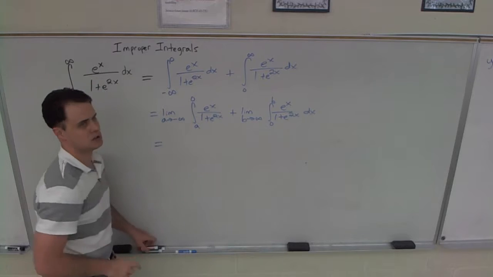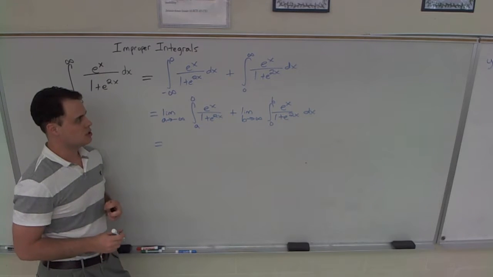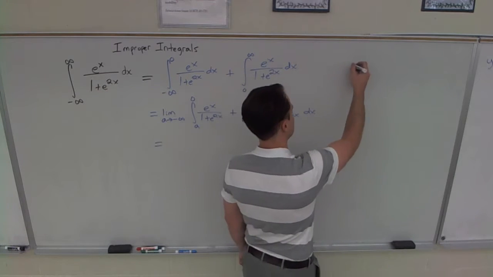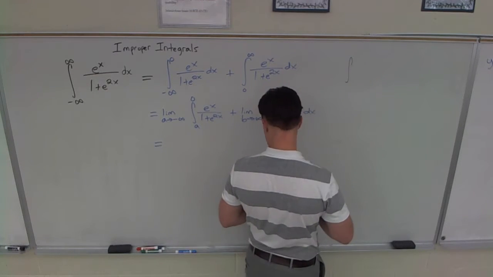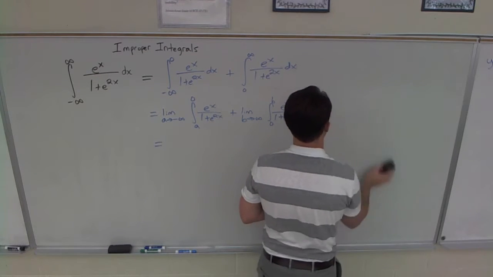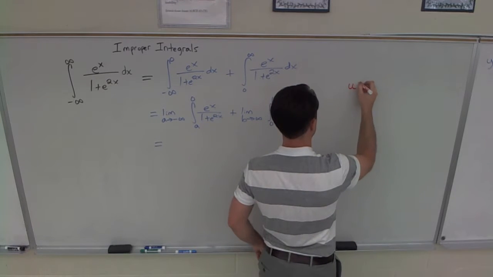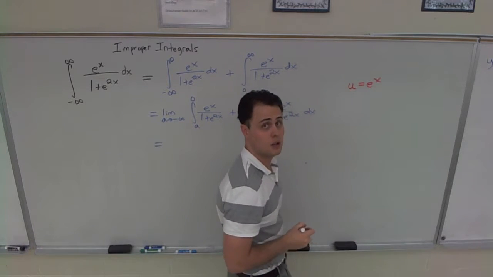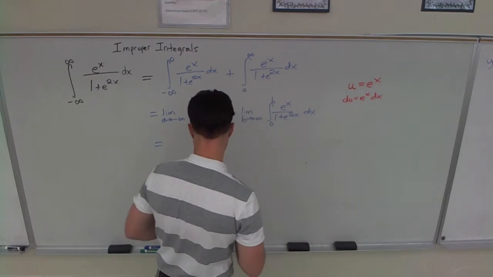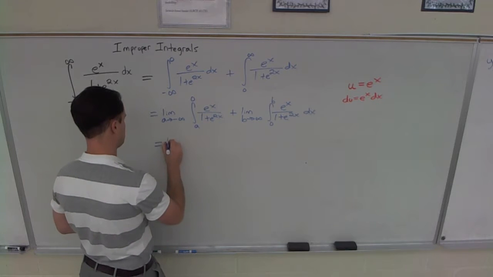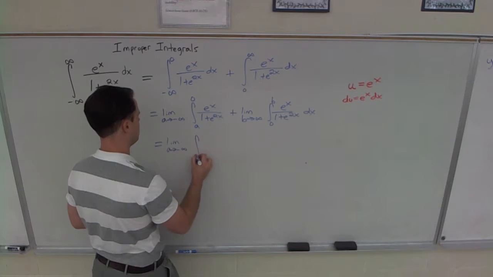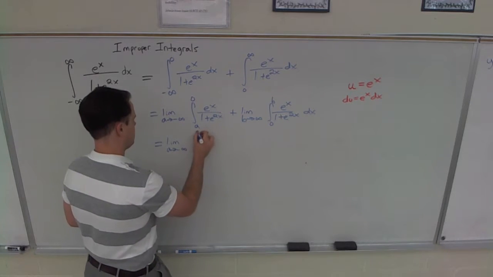So there we go, I'm going to switch back colors to black here. So now we just need to do those integrals separately. So it's the same integral that we're going to need to do. What does that integral actually become? Well, over here, I think you should think about doing a u substitution. Let's say u is e to the x. Then du is, of course, e to the x dx. So these are going to become, I'll try to stay color consistent, limit as a approaches negative infinity, not touching the limits until the end again, a to 0,